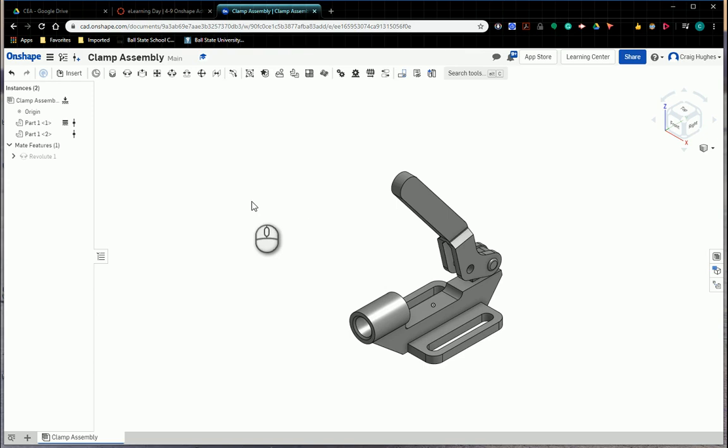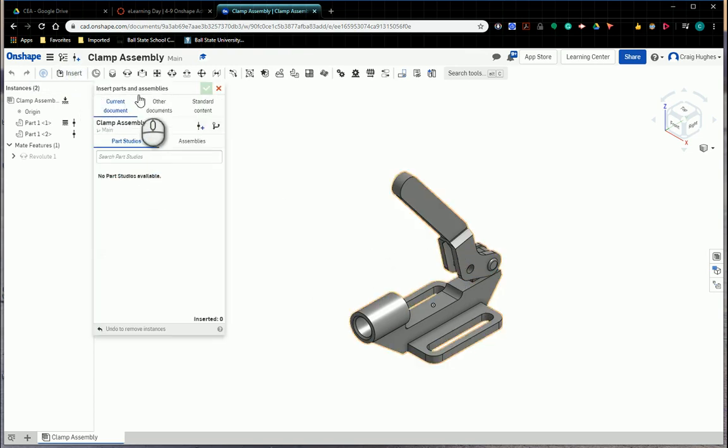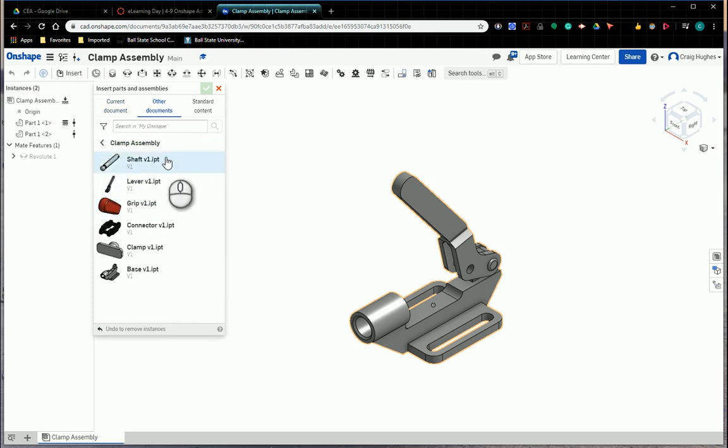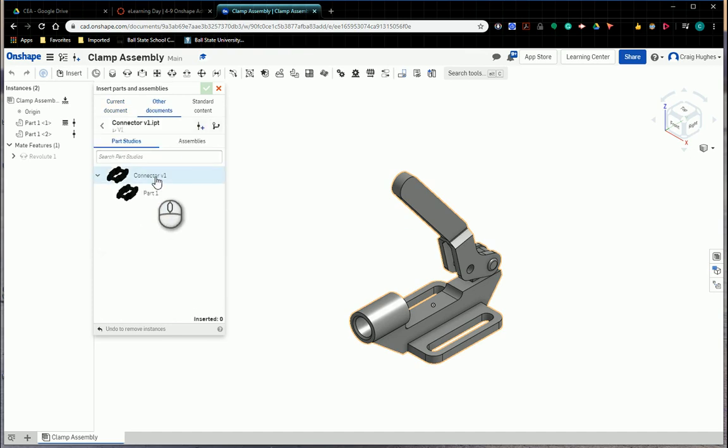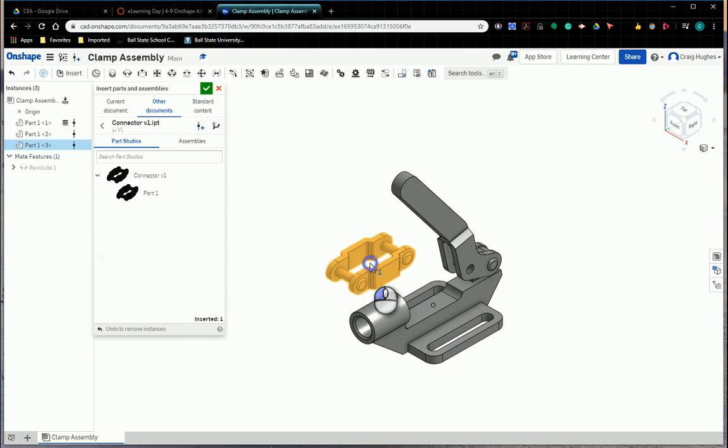Our next part, as we take a look at the assembly, is going to involve creating some relationships between multiple moving parts. So I'm going to go ahead and insert other document, find my folder I'm working out of. We're going to bring in the connector. Okay, the connector will be brought in like this, and I'm going to go ahead and hit the green check